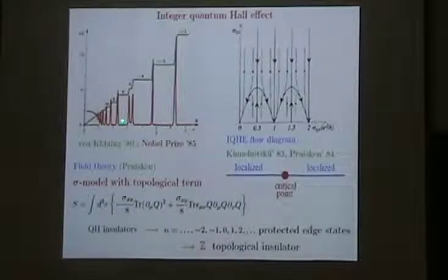Now, quantum Hall effect, which I don't need to explain, I guess, after John Chalker's lectures, is shown here. And we see that's the same unitary class, but it's not localized. First of all, we see these peaks, so there are points where the longitudinal resistivity is non-zero, and also on these plateaus, even though the longitudinal resistivity is 0, the Hall resistivity is not 0. So it's not a normal insulator. A normal insulator would be everything is